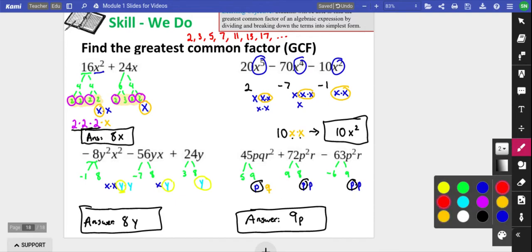Now, let's take a look at the last letter. This one is R times R. This one is R, and that one is R. The biggest number of letter R that they have in common is one of them. Therefore, I will be putting 1. And our answer is 9P